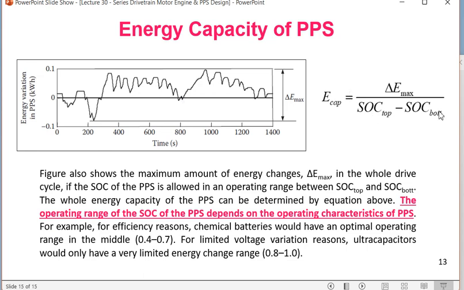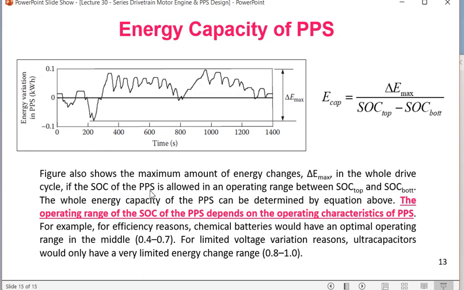SOC top, SOC bottom. SOC top is the maximum SOC charge, generally 100%. SOC bottom for a vehicle battery we keep at 70%, and the total range of change in the PPS is delta E max. So we should know how much that is. The figure also shows the maximum amount of energy change, delta E max. That means in the battery, what can be the minimum and what can be the maximum energy. Depending on that we can get delta E max, how much the battery energy changes under the whole drive cycle,